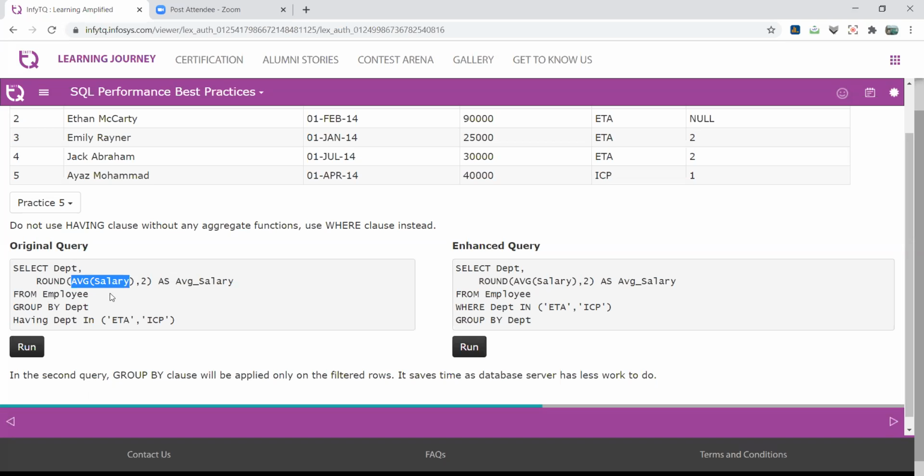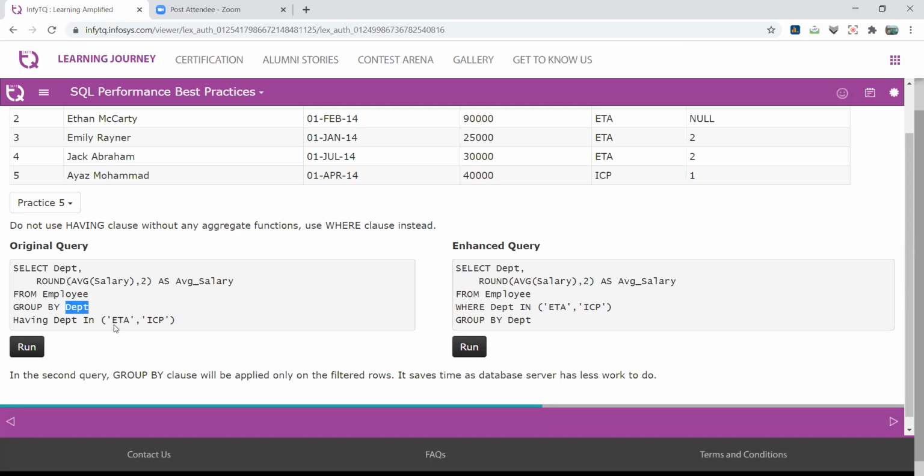If you want to check a simple department name, there is no need to use HAVING department IN ETA and ICP. That is a wastage of time. Why is this a waste of time? Again, you use HAVING department IN. So HAVING represents the group purpose. So group by department. So DEPT is grouped. Now, this group statement is compared for ETA, and again this group statement is compared for ICA. So it takes double time, right?